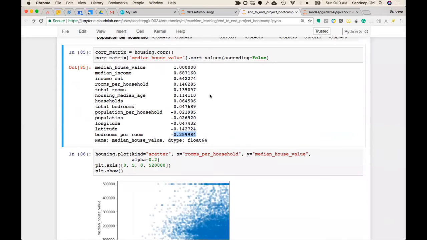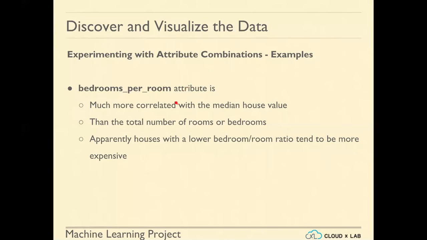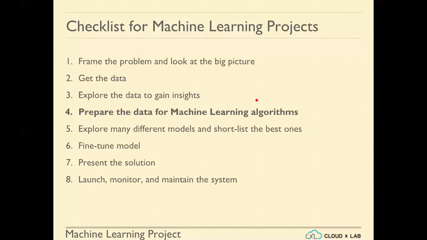Correct. So you can see that bedroom per room is highly correlated with the income. Okay, bedroom per room is highly correlated, and this is one. So we observed the data. What we did was we did the data visualization. We understood how to visualize roughly the data, and then we